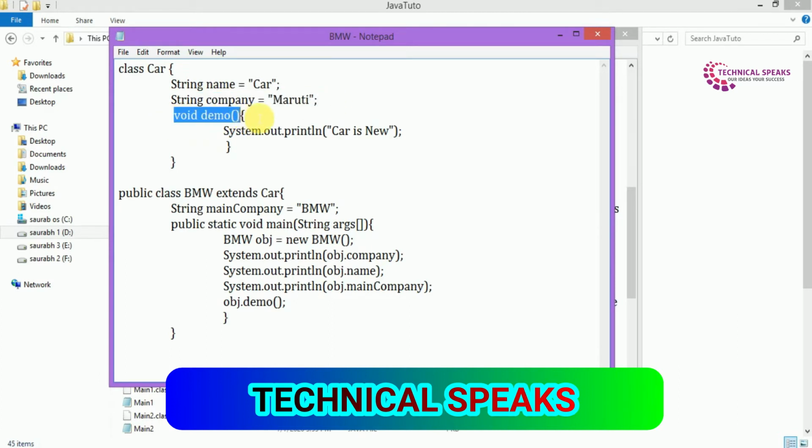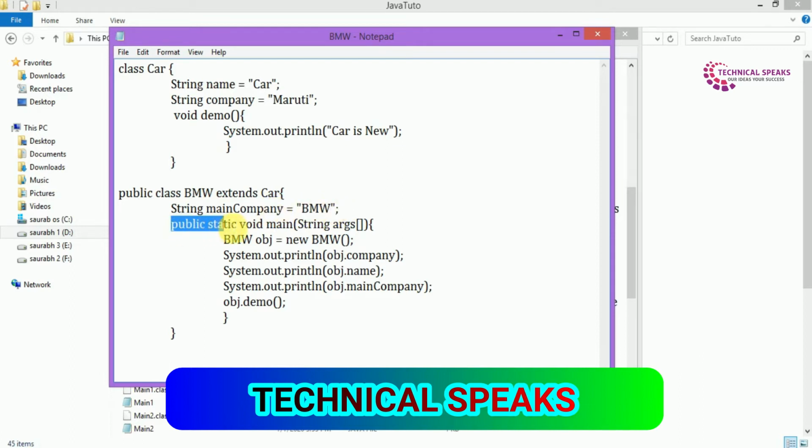Here we create a method to print the output, which is car is new. System.out.println car is new. Public class BMW extends car. Here we can see BMW, which is the child class, extends the properties of the parent class, which is car. String company is equal to BMW. Here again we define a string named company.